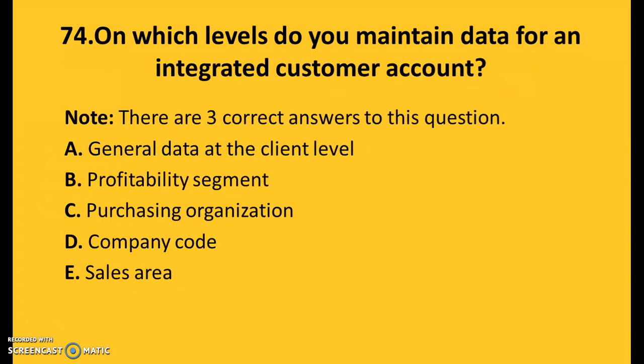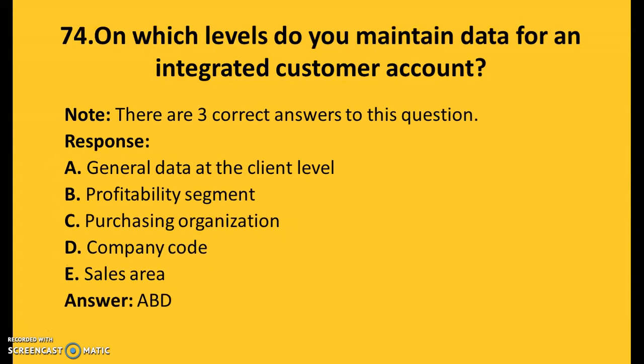On which levels do you maintain data for an integrated customer account? There are three correct answers for this. A, general data at the client level, B, profitability segment, C, purchasing organization, D, company code, and E, sales area. So the answers are A, B, and D: general data at the client level, profitability segment,